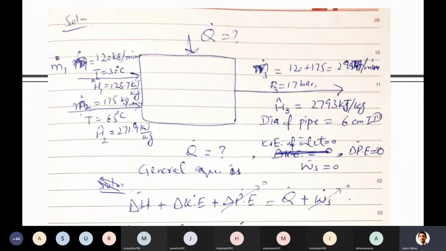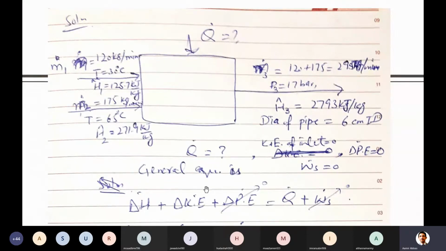Good. So what about shaft work? Is there any shaft work involved here? No, sir. In boilers, they are simple equipment in which you just bring the water and boil it and that leaves. In a boiler there is no rotating part as in a turbine or pump, so no shaft work. So I have mentioned here shaft work is equal to 0. Although these two pieces of information were not available in the question, based on understanding of this system and looking at the diagram, I have mentioned these will be 0.